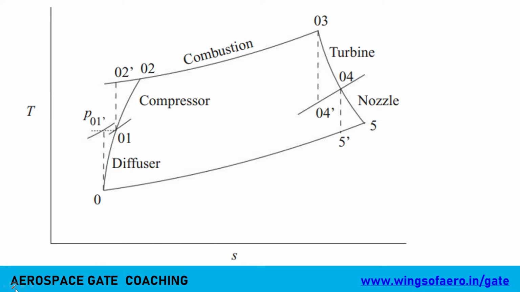Now what are the components we have? We have the basic 5 important components, starting with the diffuser, compressor, combustion chamber, turbine and nozzle. 5 important. Now what happens at a diffuser? The air gets sucked into the diffuser, then that air is moved to the compressor, where the air gets compressed to high pressure, then that compressed air is further moved to the combustion chamber, where the ignition process takes place, or in other words, the heat addition process is handled